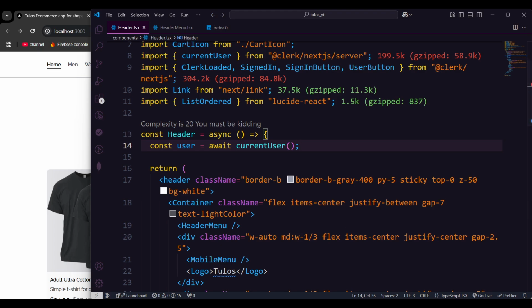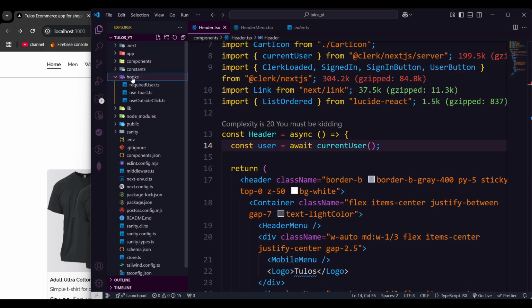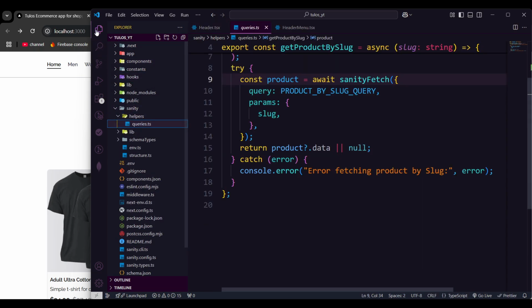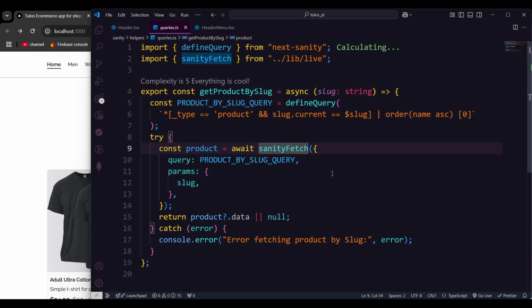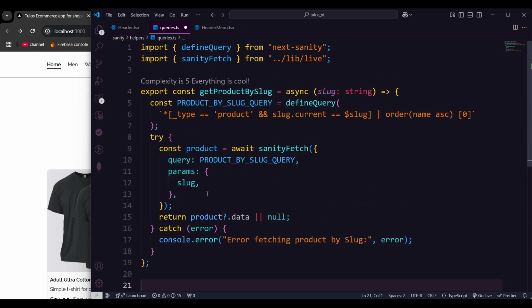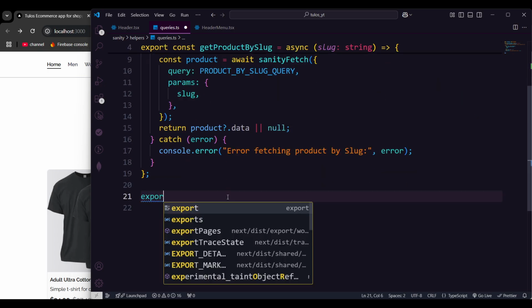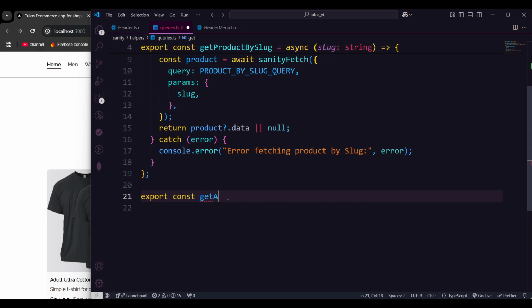Right now, one more thing we need to adjust is to create a function by which we can call our categories. So let's go over here in the hooks. I think we will go in our sanity, helpers, and the queries. Here we're going to create a new query. Previously we have the get single product. Now we're also going to create another function by which we can grab our categories, and that will be export const get all